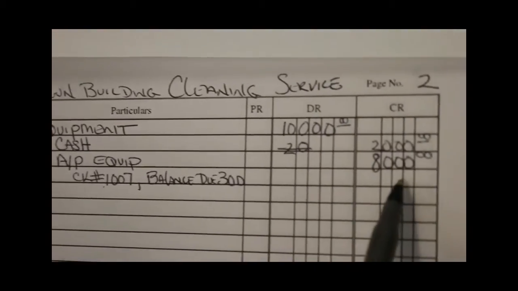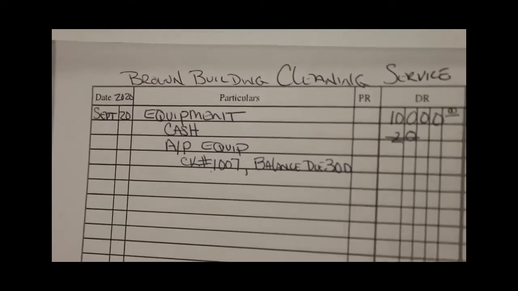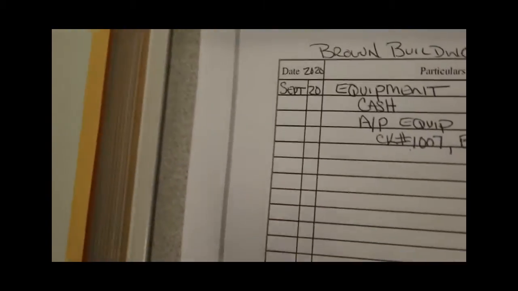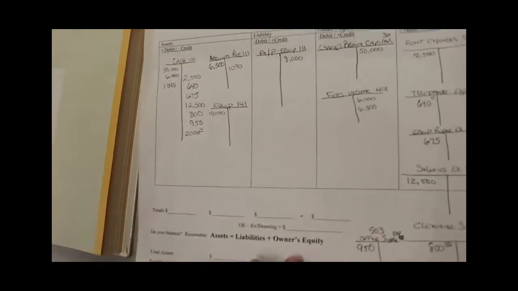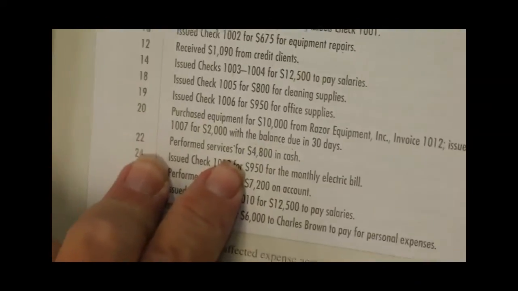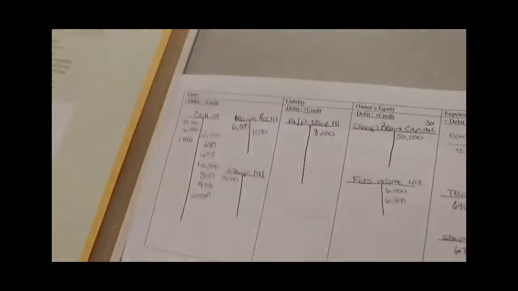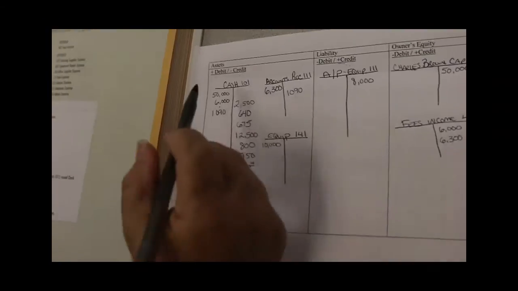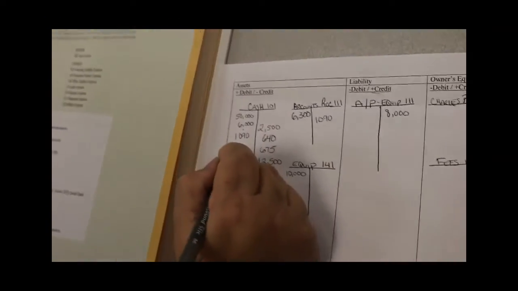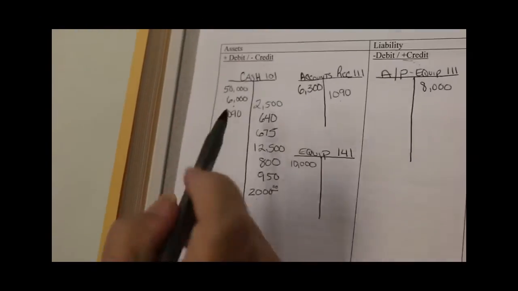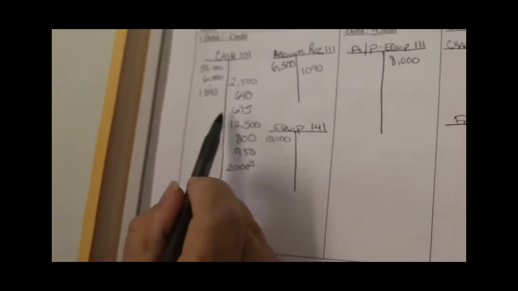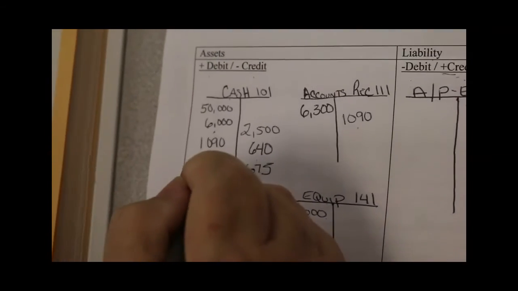Nothing goes on those lines. All right, now we're ready for the next one. On the 22nd, we're going to skip a line. Actually, we're going to go to our T accounts. Sorry. T accounts. Perform services for $4,800 in cash. All right. Does our cash get increased or decreased? It gets increased, so therefore we're going to debit it. You don't have to go down here. You can actually go up here. You don't have to have these spaces in between. So I can go right up here,